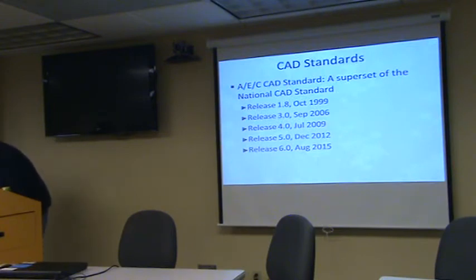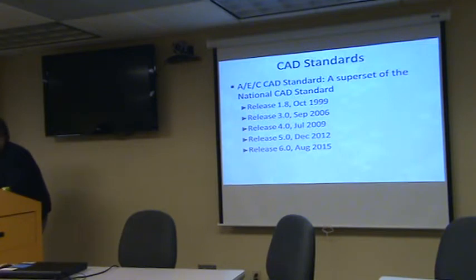how many people here are familiar with the AEC CAD standard? It's a superset of the national CAD standard. The easiest way I can explain it, for those who aren't familiar, is the national CAD standard, for example, does not require symbology. It only requires layer name. The AEC CAD standard tells you what symbology has to look like. That's the very basic example, but what the AEC CAD standard does is basically implement the national CAD standard to the Corps of Engineers requirements. You know, this stuff has to look this way, sheets have to look that way.